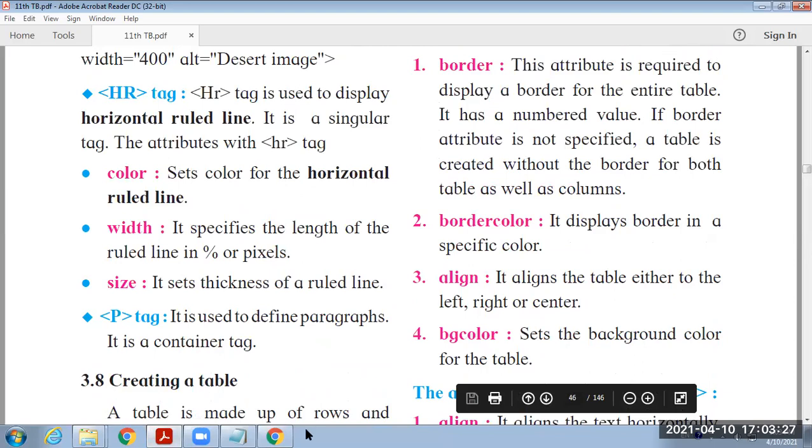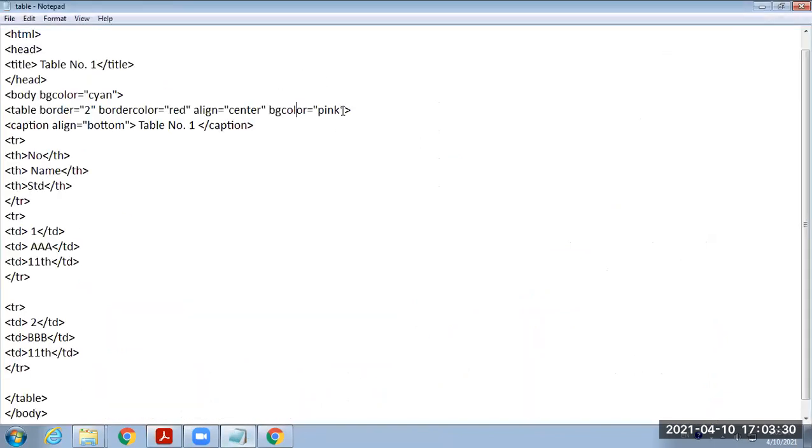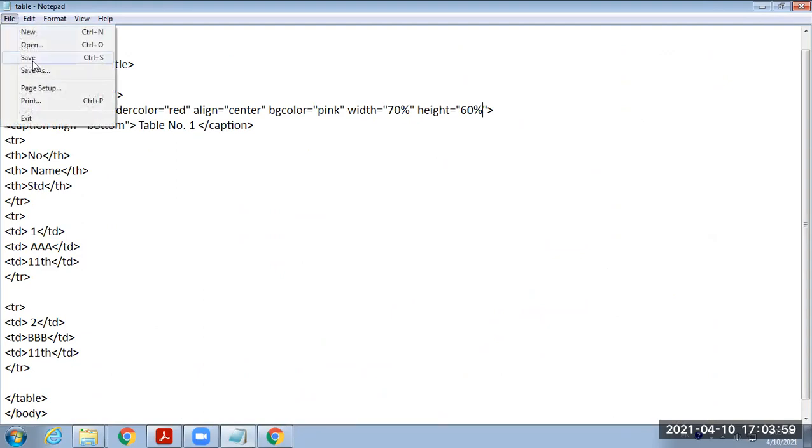Now here I will show you some more attributes for the table, as width equal to, suppose, 70% and height equal to, suppose, 60%. Now what is meant by 70% and what is meant by 60%? You have to provide it in percent, as it occupies the output area in percent.